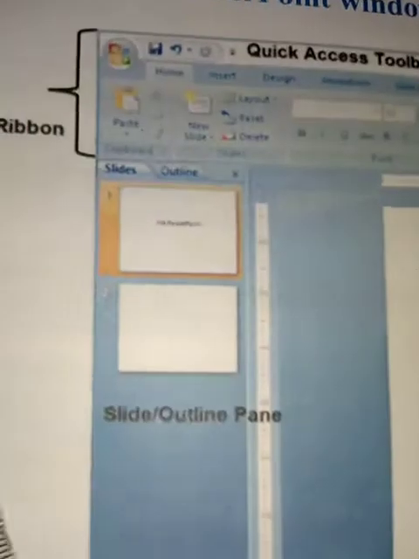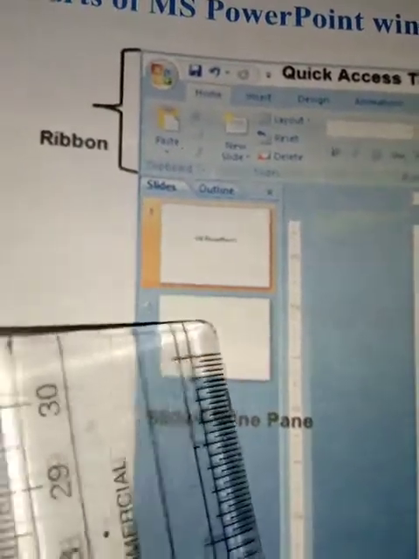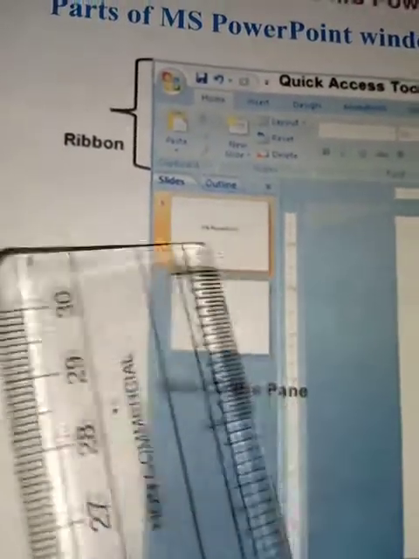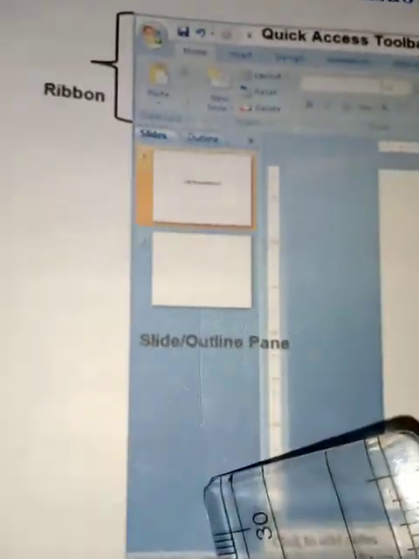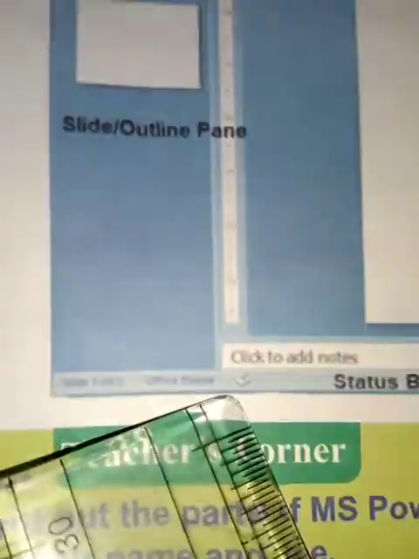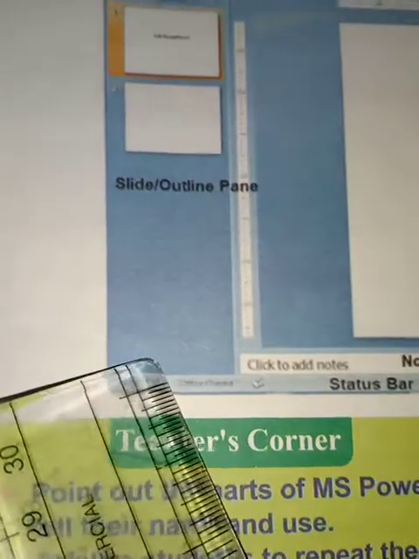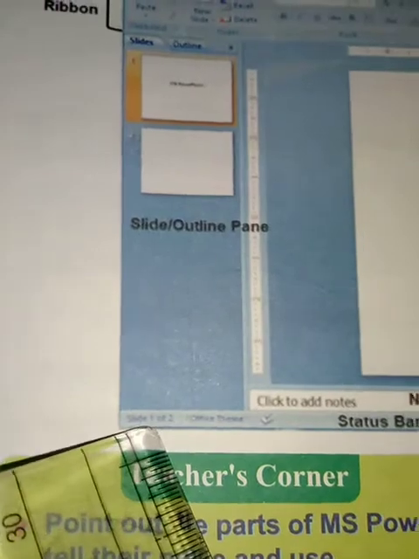Here this is called the slide or outline pane. Here you can see the slides, number of slides one after the other. How you have presented, it will be showing in the vertical form. So this is the status bar. It will show how many slides your presentation has and which slide you're currently in.